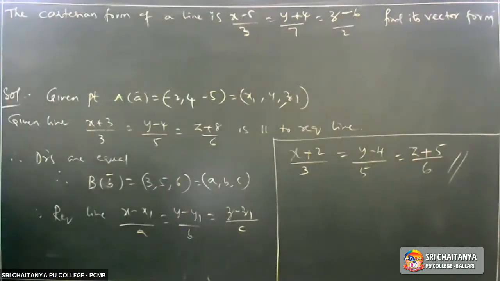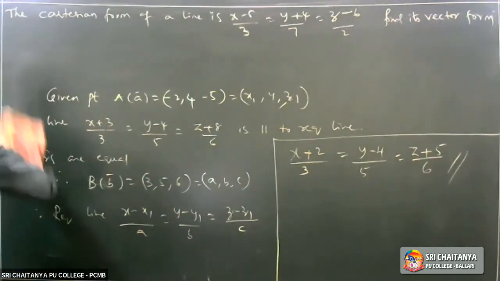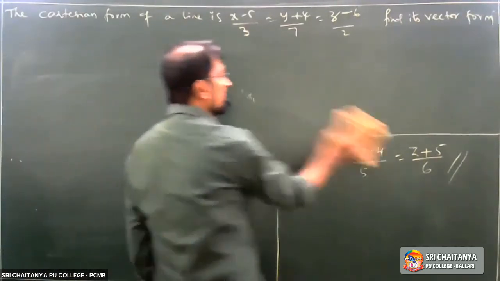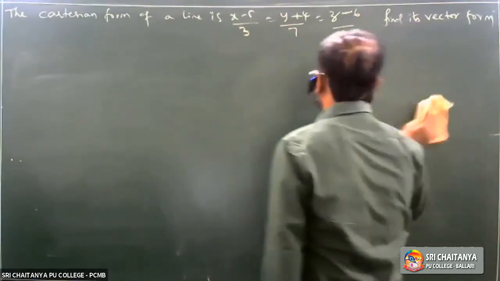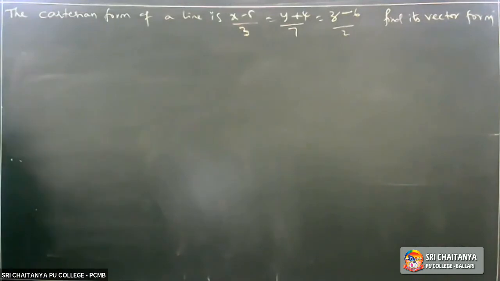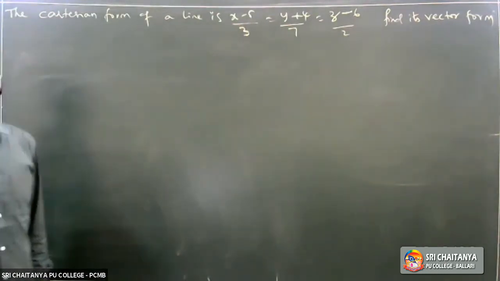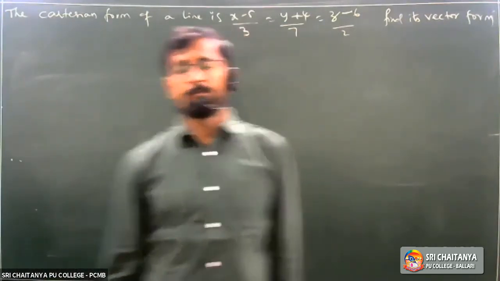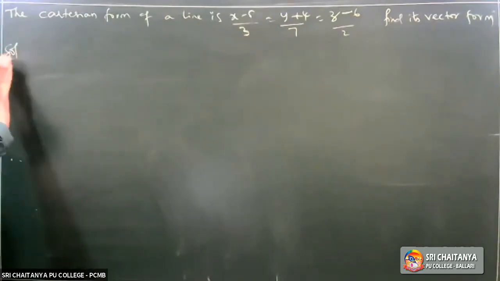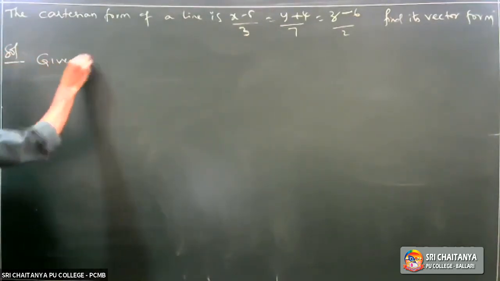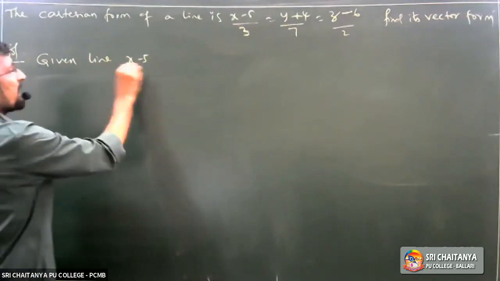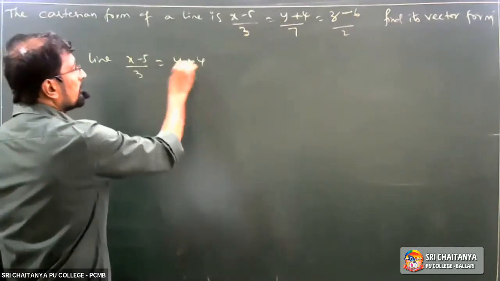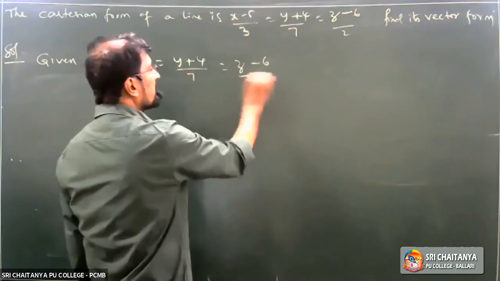See, observe that one. He has given you the Cartesian form of a line, and he asked you to find out the vector form. How to do this? First of all, the given line x minus 5 by 3 is equal to y plus 4 by 7 is equal to z minus 6 by 2